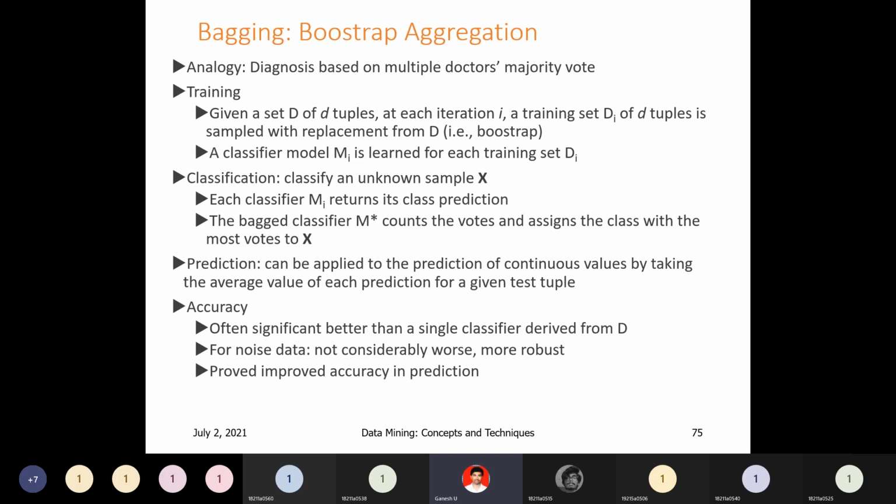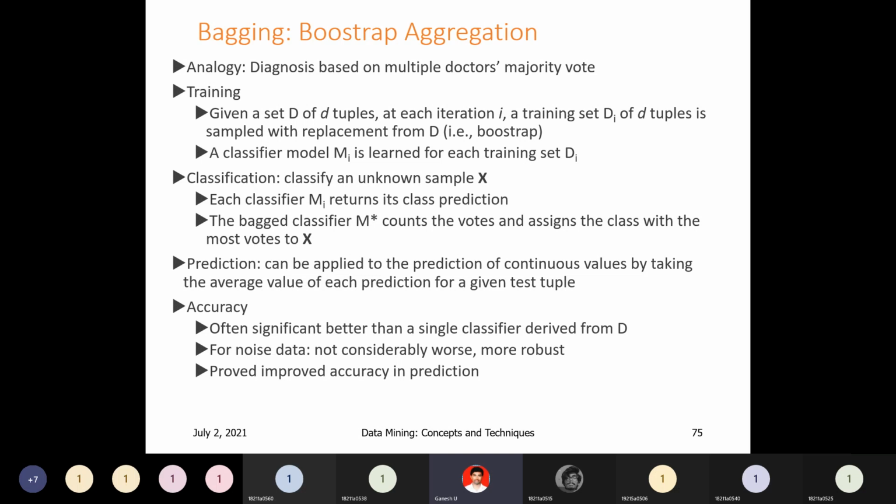So this is the training set: D1, D2, and so on, DN are the training sets prepared from the input training set. The models are also created from the training set itself. From the training data set itself, we are creating small data sets, and from those small data sets, we are creating small classifier models.